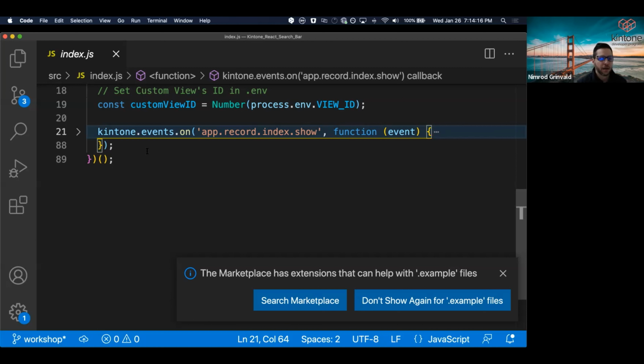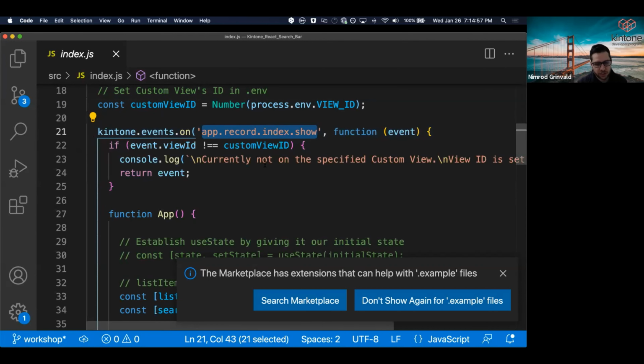But if we hook behavior onto page load, then there might be some HTML elements that are not fully loaded by the time that we execute our code. And so Kintone hosts its own event hooks that you can use inside of the JavaScript customizations to guarantee that your code will fire off exactly when the timing is right. And so on an event called app.record.index.show,